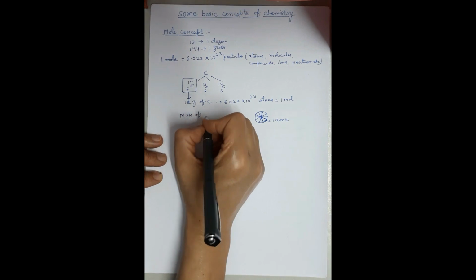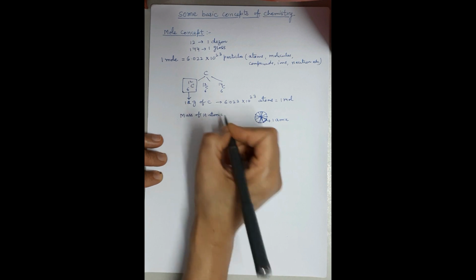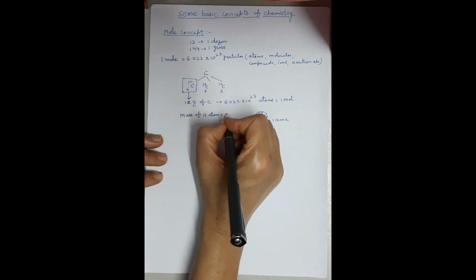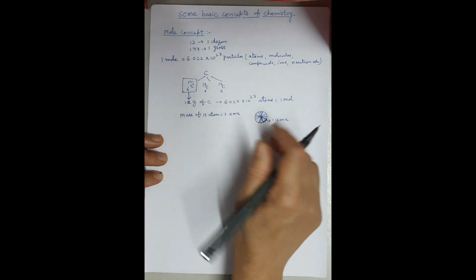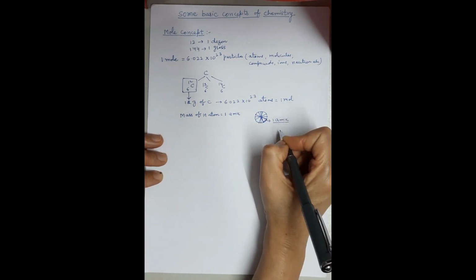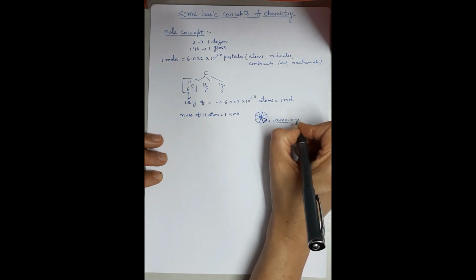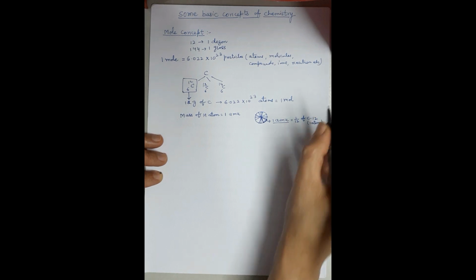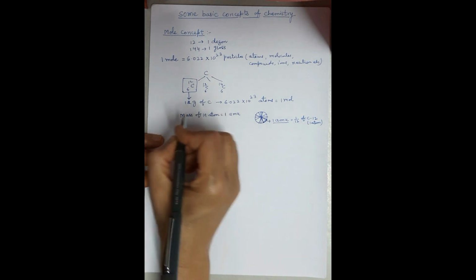So when you say mass of hydrogen atom, what is the mass of hydrogen atom in relation to carbon-12? Because carbon-12 is taken as the standard. Then the mass of hydrogen atom is 1 AMU, because it is equal to the mass of this 1 atomic mass unit of carbon-12. And what is this 1 atomic mass unit? It is 1/12th of the mass of carbon-12. 1 atom of carbon-12 is taken, and it is found that this is equal to the mass of hydrogen atom.